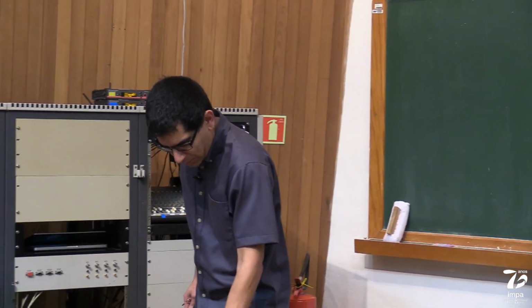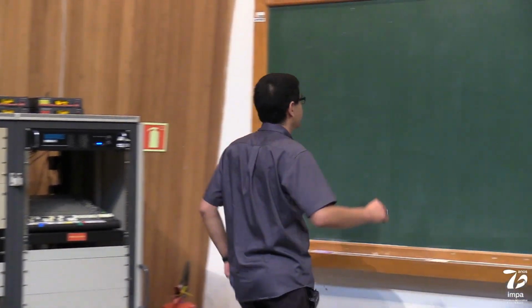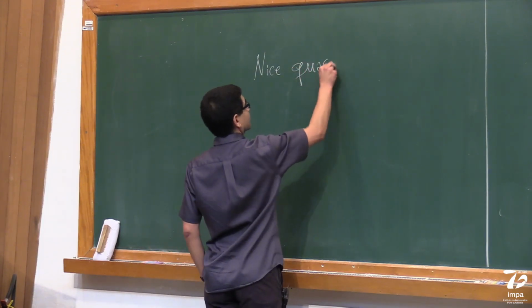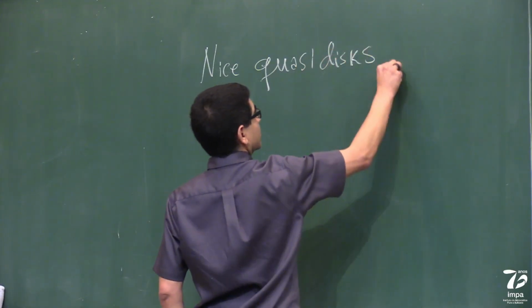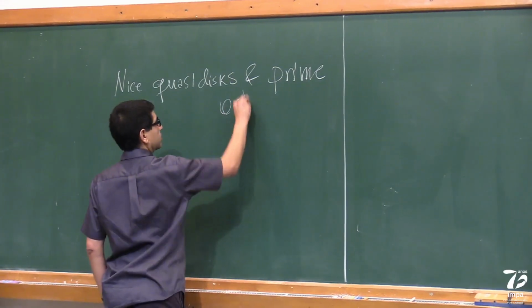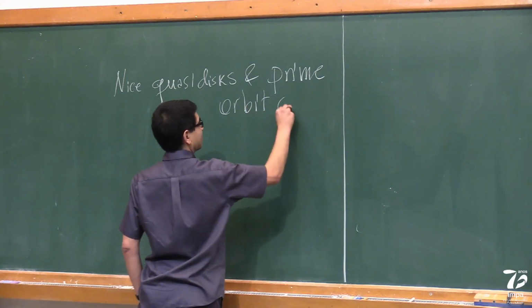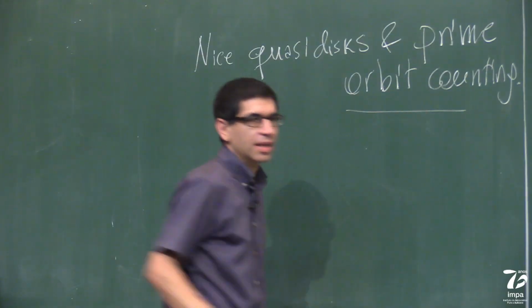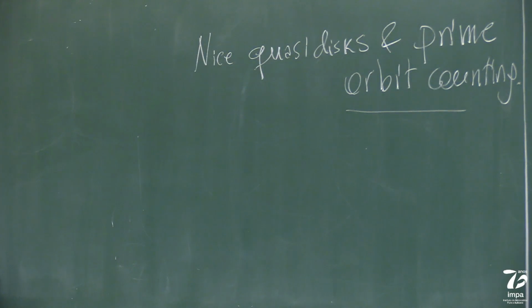All right, so I would like to discuss nice quasidisks and prime orbit counting. These are some prime number theorem types for counting periodic points. And I want to start just mainly to fix notation. I want to remind you of the